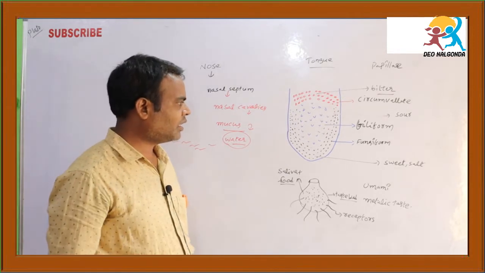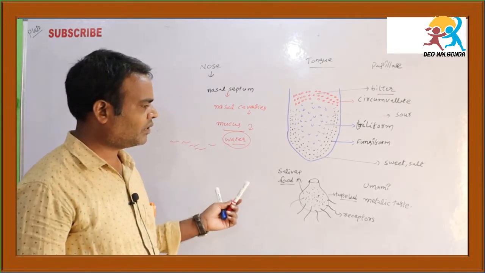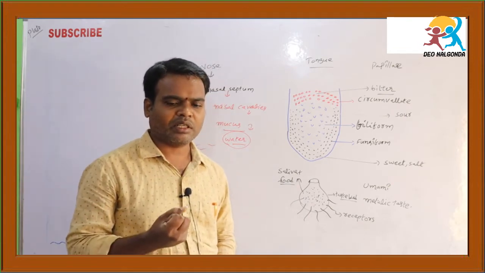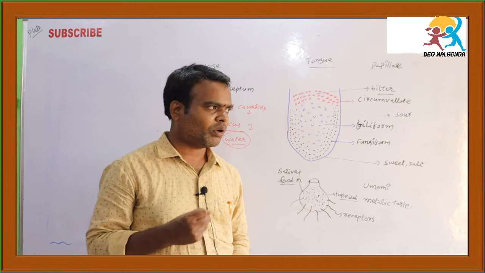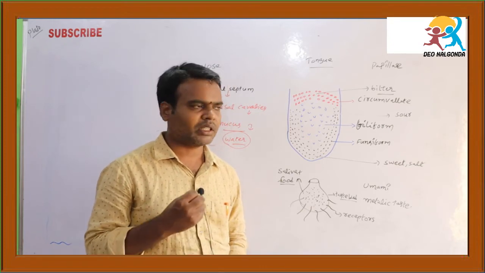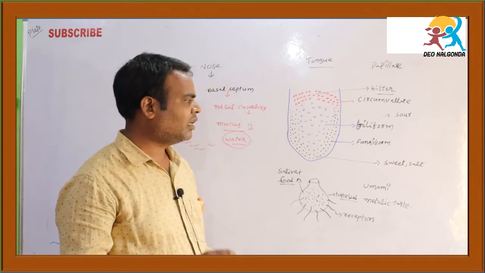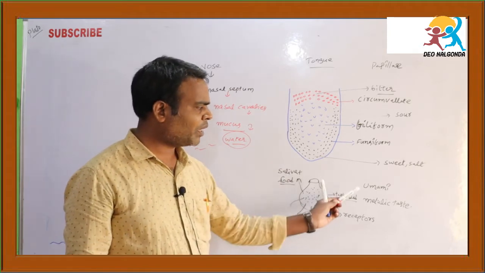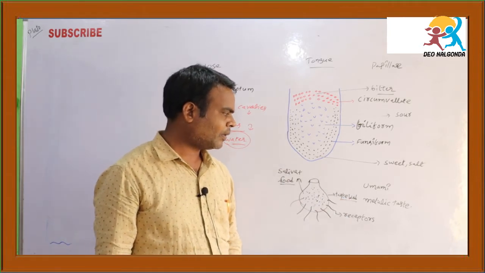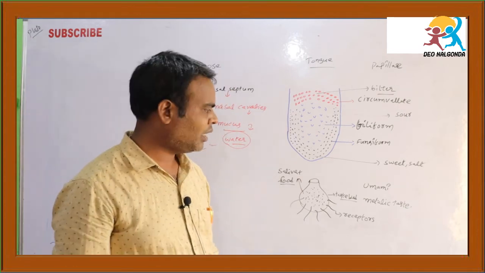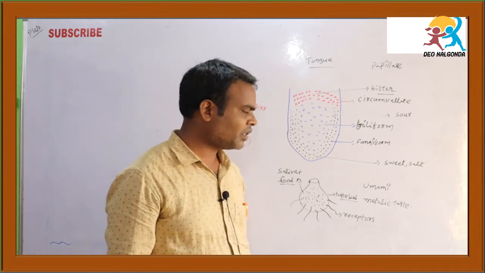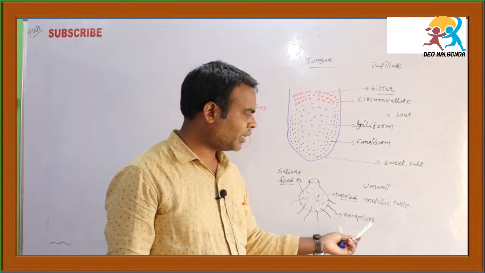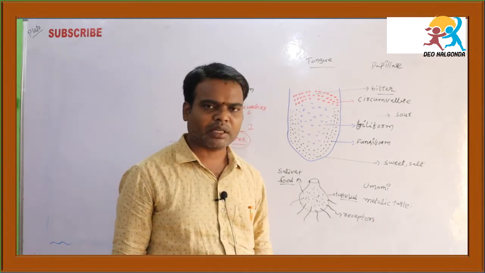So we say generally there are six types of tastes, but you know that spiciness is not a taste. It is one type of feeling we get, but that is not actually called a taste. Not only this, there is umami, the taste of meat, and some other materials where artificially we are adding different types of chemicals for the flavoring of food materials. So that is also considered a metallic taste.